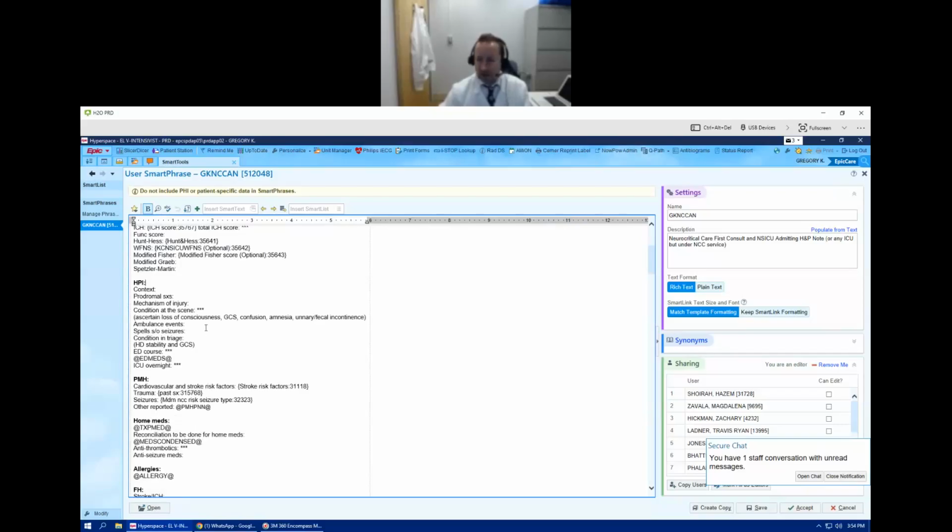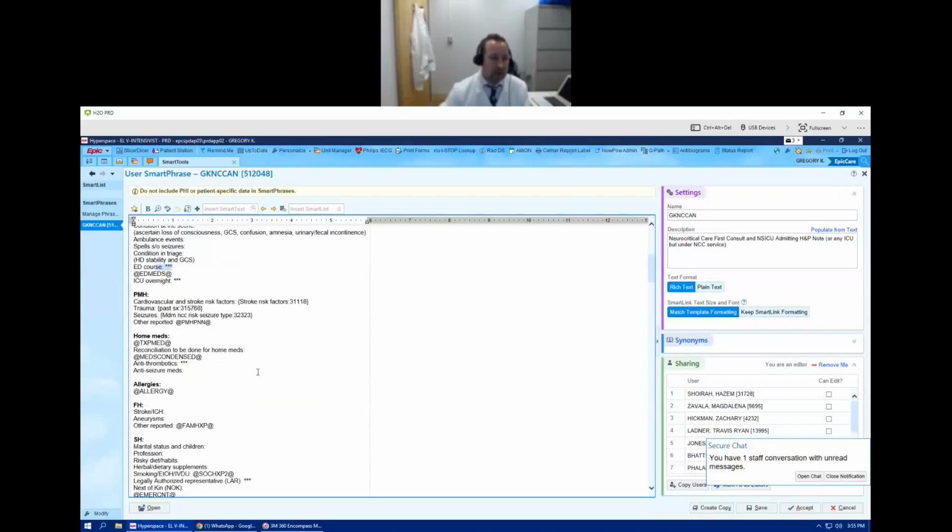So what matters in your notes is truly about the context. Were there any prodromal symptoms, especially for seizures? What was the mechanism of injury, the condition at the scene? I know I'm going into too many details, but maybe for medical students, they can use those things, and then you can strip it off once you are a PGY1 or 2 in neurosurgery and do only what you guys are used to. The ED course matters a lot, and what agents were given, like did they reverse an anticoagulant,